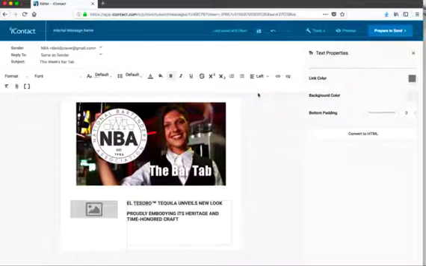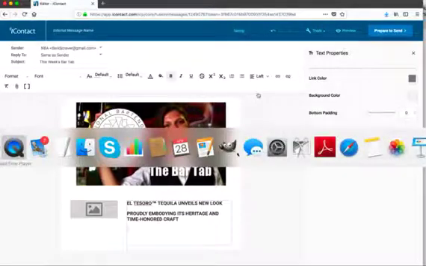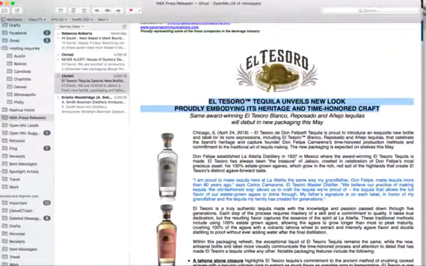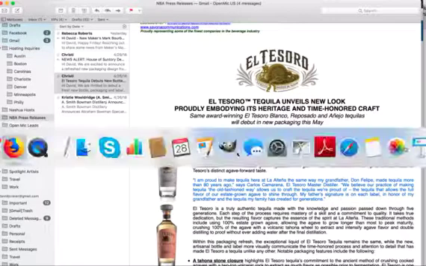And then we're going to go back over. We're going to toggle back over to our email. And then I'm going to grab the first paragraph here. Copy that. Go back over to the